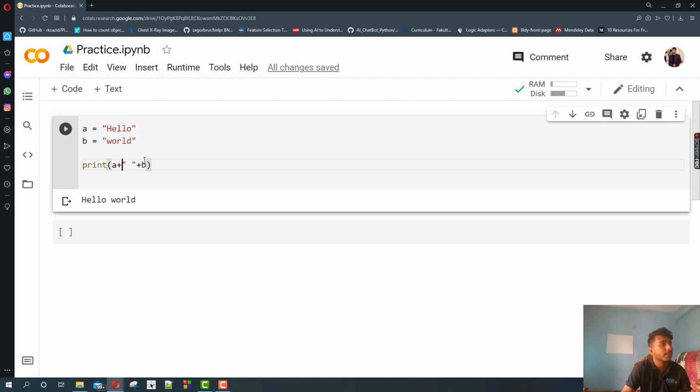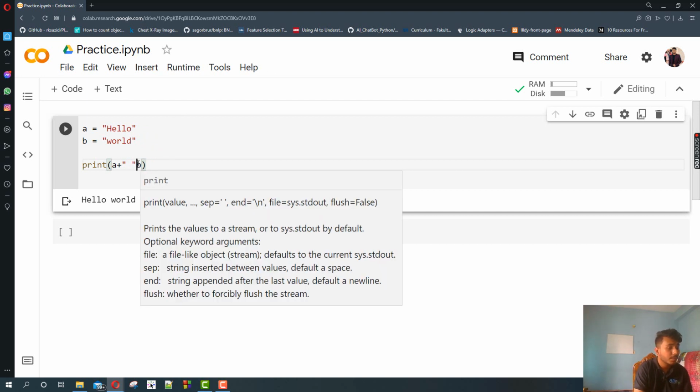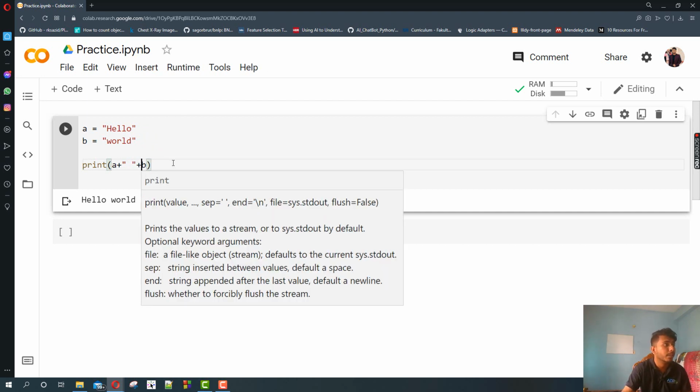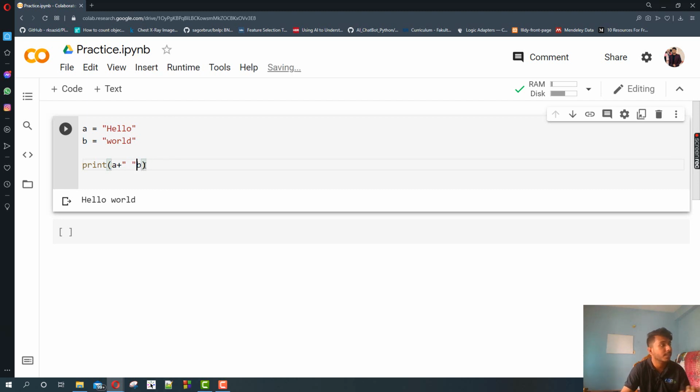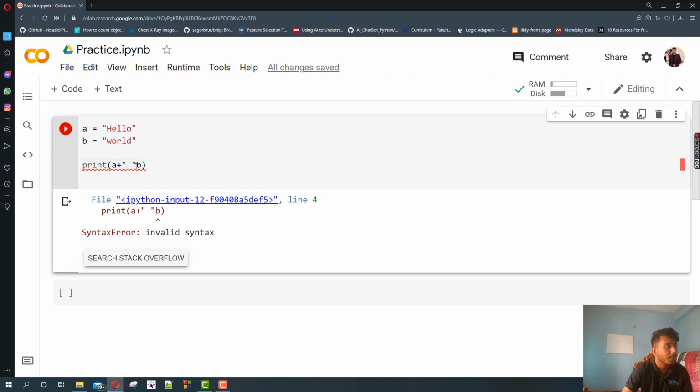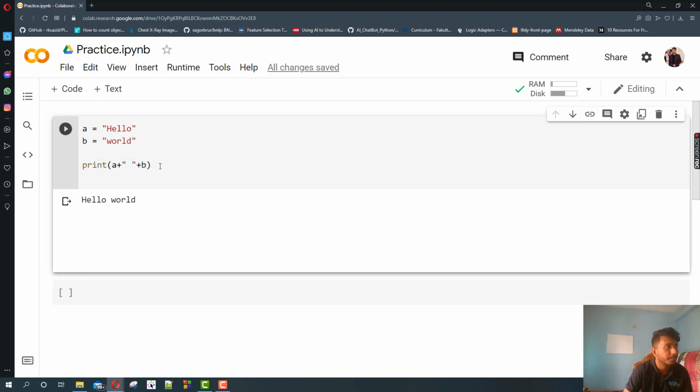In this case I am adding a string which is nothing but a white space, and obviously after that you also have to put this plus operator. You have to separate the variables with this plus operator, then you can combine them. If I do not give this, it will throw an error: invalid syntax. You have to always concatenate this way.